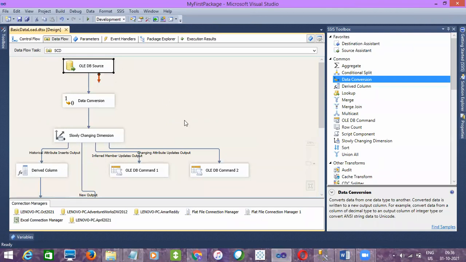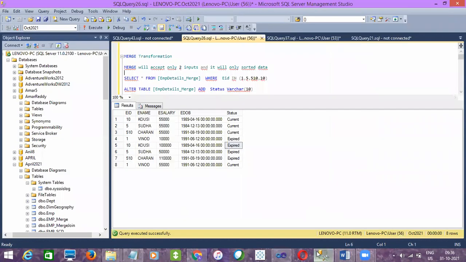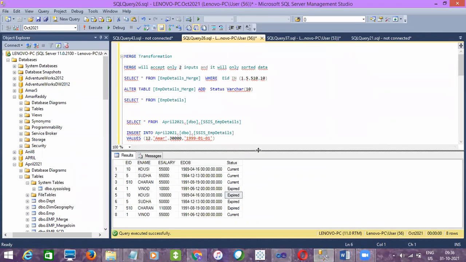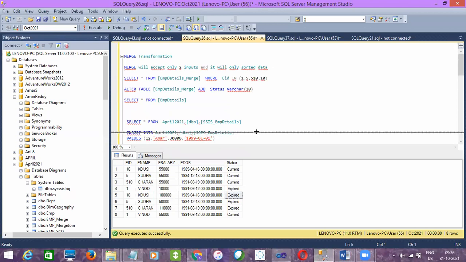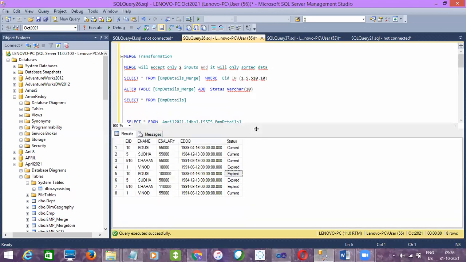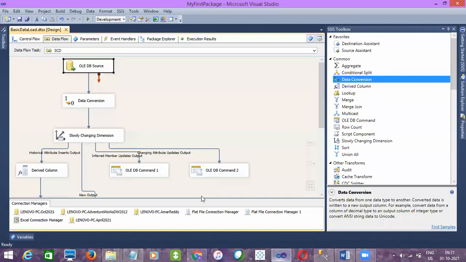So that is the reason why I am updating it manually here. In real time, the source server will be different for you. So automatically data will be appending daily according to the business, right? If there are any changes to the current data in the destination compared to the source, then that will get updated in our destination table according to your process.